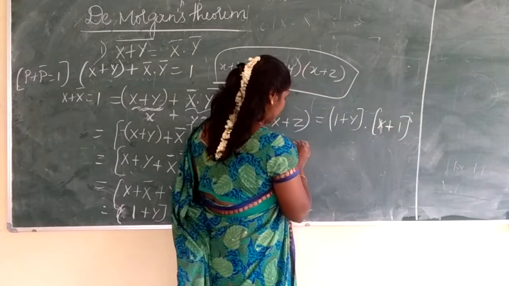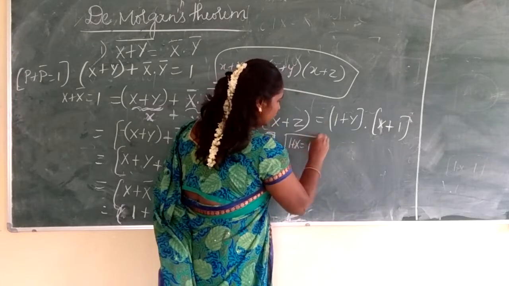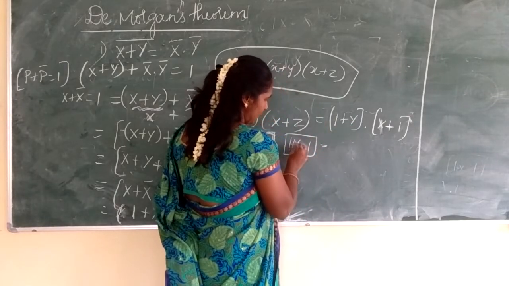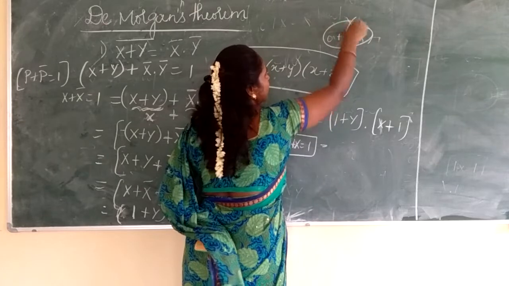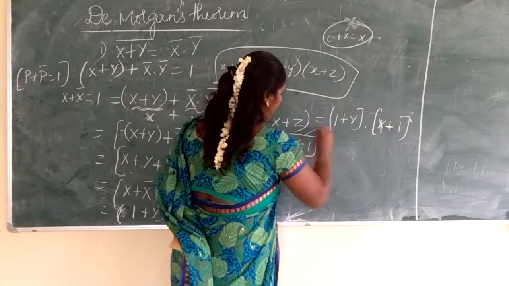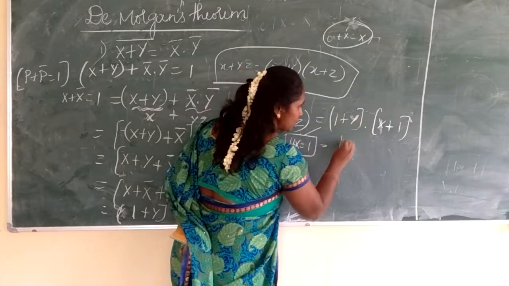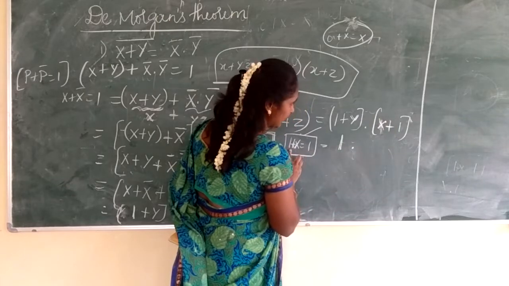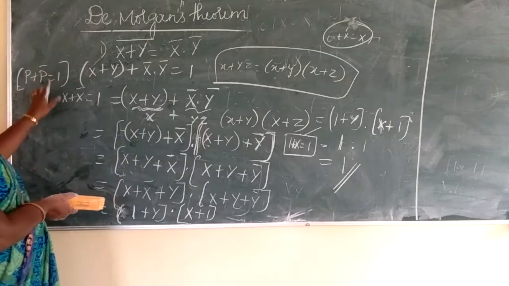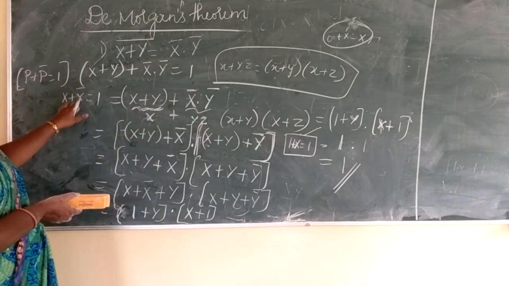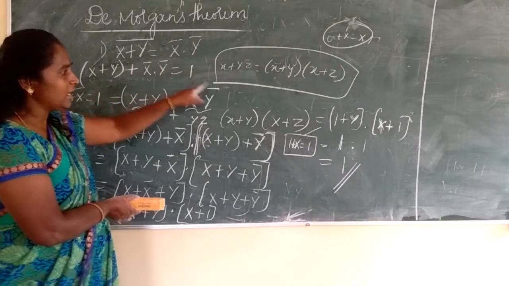So according to the properties, that is 1 plus x is equal to 1. According to the properties of zeros and ones, 1 plus x is equal to 1. So here 0 plus x is equal to x, but for 1 plus this, I am not using this property, I am using this one: 1 plus x is equal to 1. So here 1 plus, instead of x, here it is y, it is 1. Instead of, here again x as it is 1. So 1 into 1 is 1. So first property, that is first thing, p plus p bar is equal to 1. That is nothing but (x plus y) plus (x bar y bar) is equal to 1 has been proved.